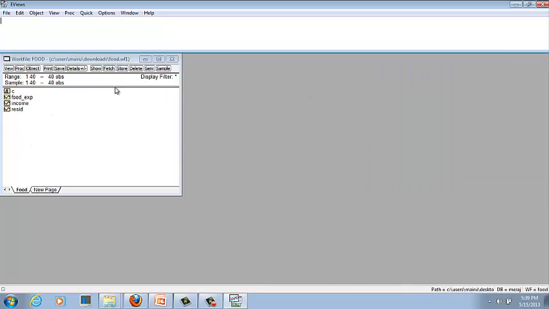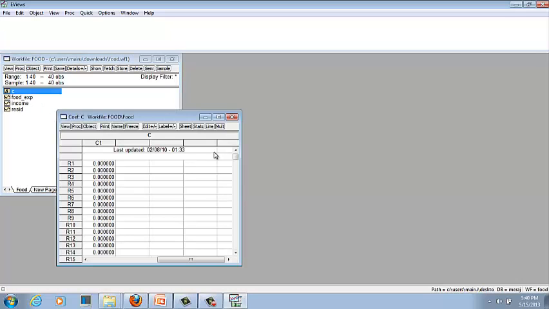Now this menu is the file-specific menu of EViews. It is showing all of its details. It means this file has 40 observations, and in the inner window we can see it is a C. C means it's the intercept and it's a vector. But since we haven't done any operation right now, it is blank.